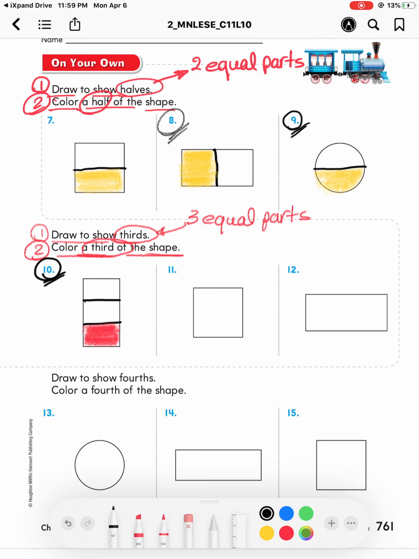Okay? Now we have here a square. How can we divide it into 3 equal parts? We can divide it like this. Okay? And then we have to color 1/3, okay? Like this. Okay? In question number 12 here,